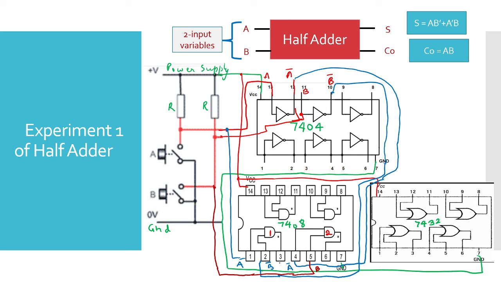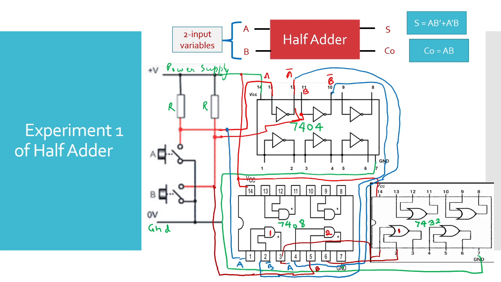Now you require to connect the output of the AND gate to the OR gate. So let's say I am choosing this OR gate for my circuit. I will connect this output, pin number 3 of 7408, with pin number 1 of the OR gate in the 7432, and this output, pin number 6, I will connect with 7432 pin number 2. So now your OR gate connection is over.